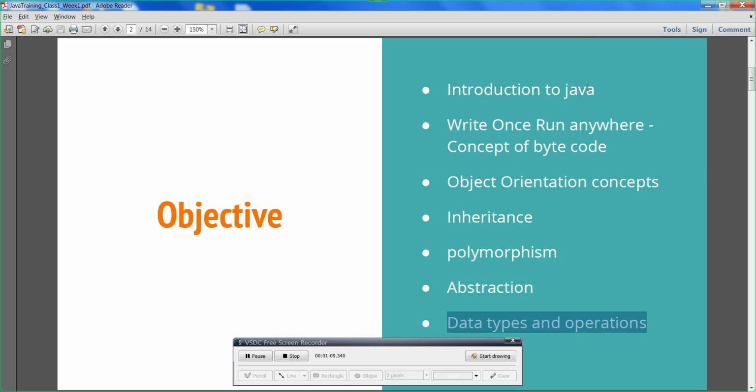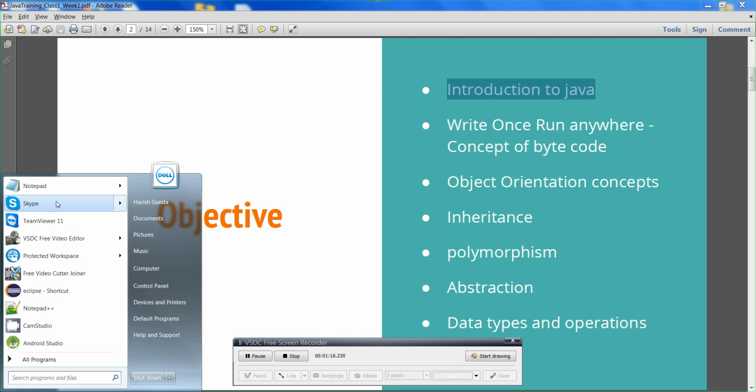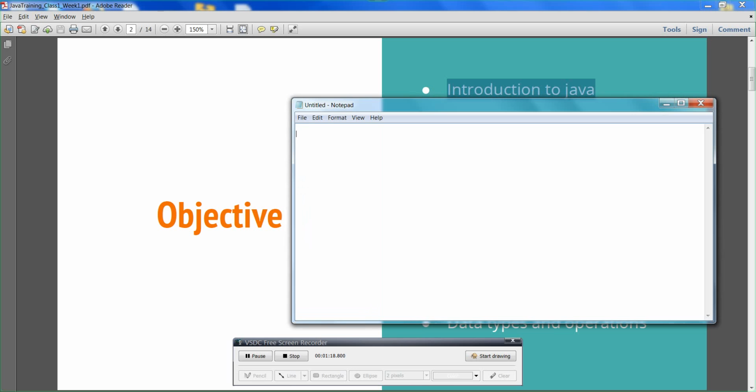Okay. Let's see what is Java here. When we look at any programming language, what is a programming language? A programming language is something that a human writes, and the system will convert it into a set of instructions that can be understood by the machine. Then the machine will understand the instructions and execute them. So what you write is in a programming language,